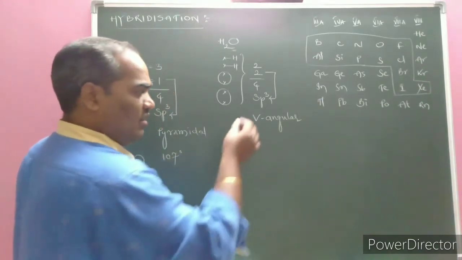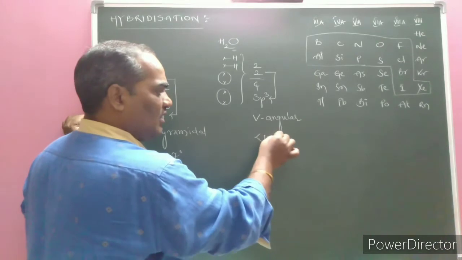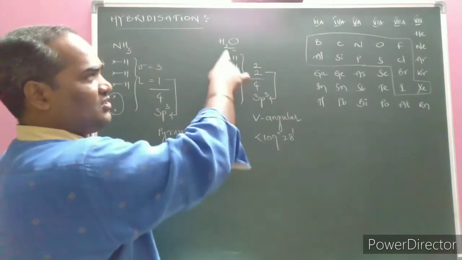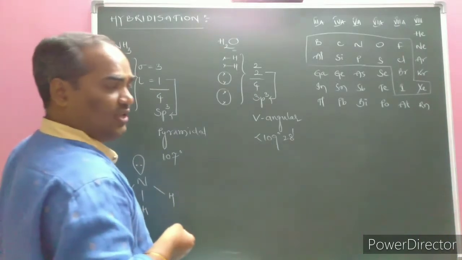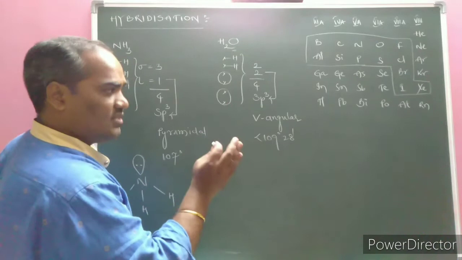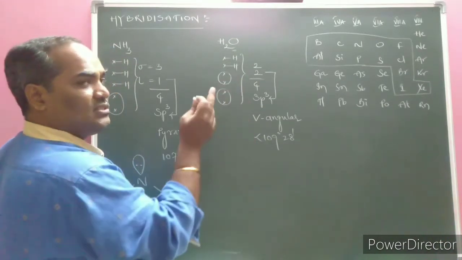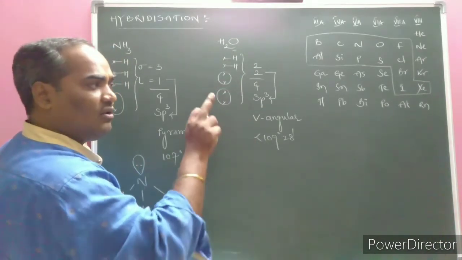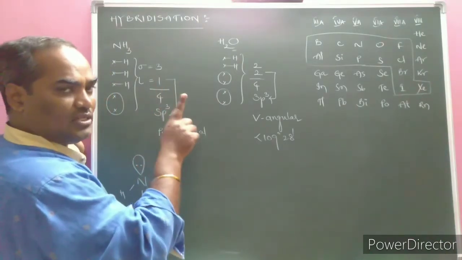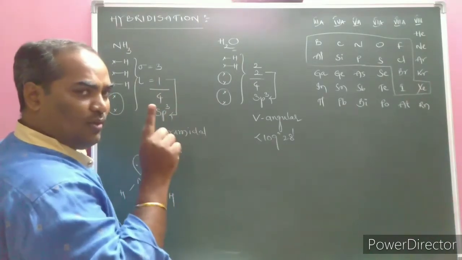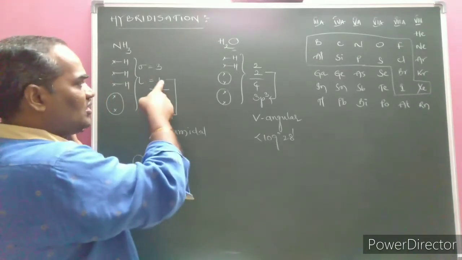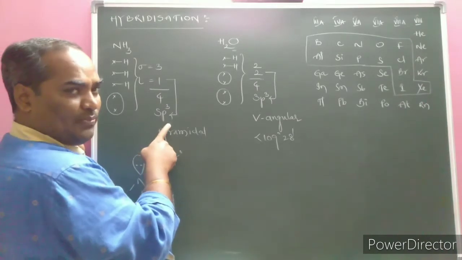The bond angle is less than 109 degrees 28 minutes, approximately 104 degrees as far as water is concerned. The point that we need to concentrate on is that due to the presence of lone pairs of electrons, the bond angle is deviated. When 4-0 is there, it is 109 degrees 28 minutes. There are only bond pair repulsive forces. Whereas in ammonia, one lone pair is there and 3 bond pairs are there.